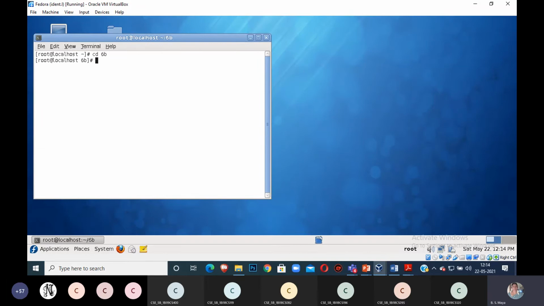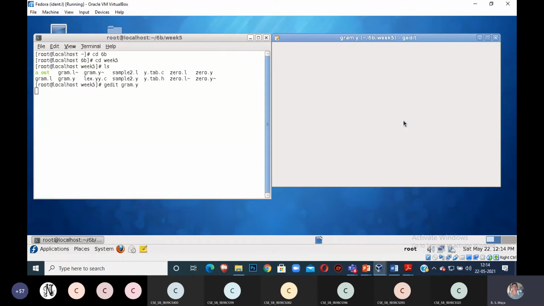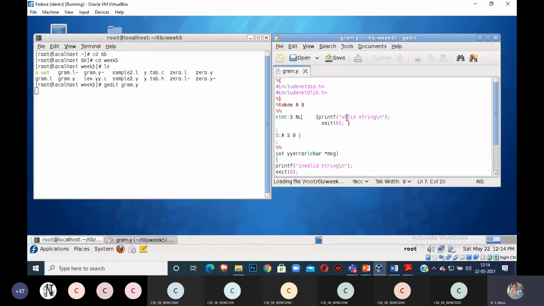Okay, first you have to type the program: gedit gram.y. We are typing the Yacc program. Observe now, I am writing the Yacc program here. Percentage token, percentage, S NL, printf, semicolon for the first rule, second rule, semicolon, percentage percentage, and the program.